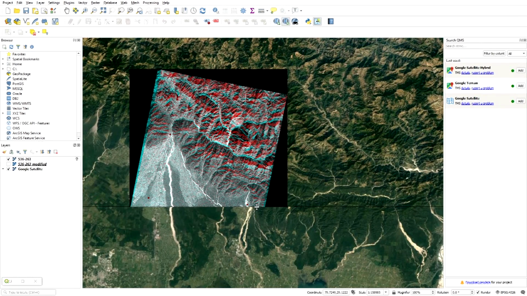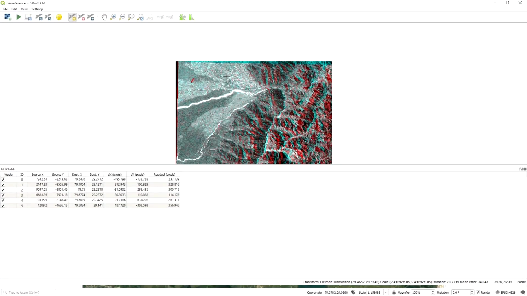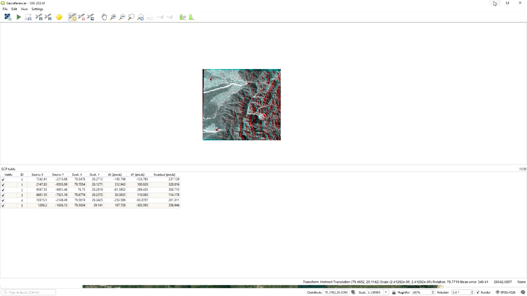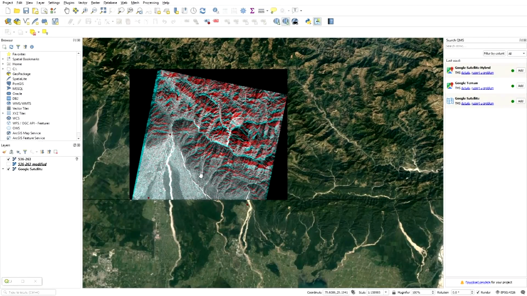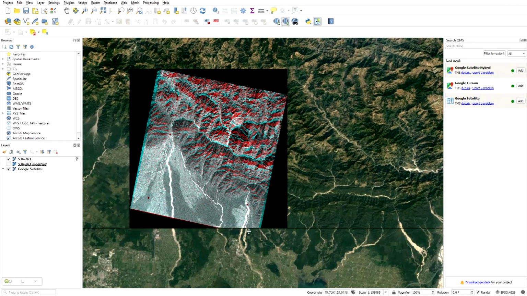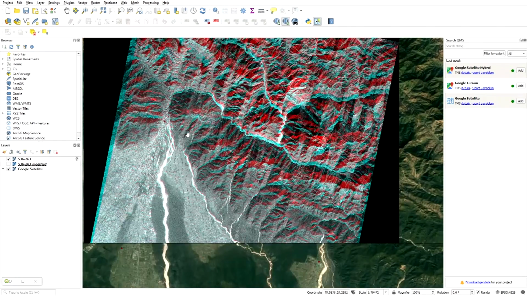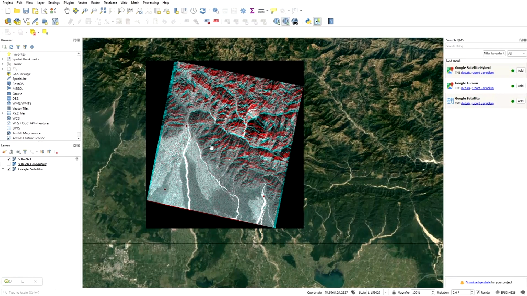So I can say that it is associated with a slight error, but if you want to make this map more accurate, you have to add more GCP points with the help of your georeferencer. Here you can add more GCP points, and that would ultimately enhance your map and place your map perfectly over this base map. So that you can do, and once your map is perfectly georeferenced, you can use this map and